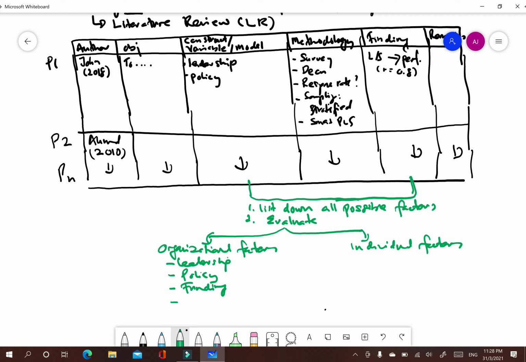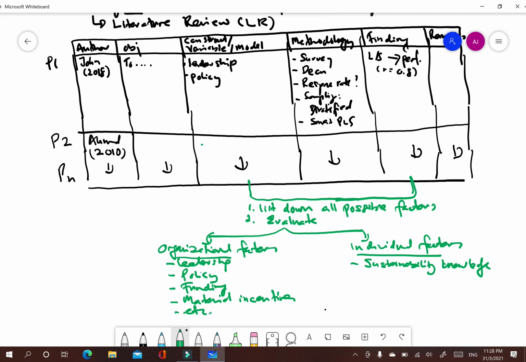Then maybe, I don't know, maybe material incentive, for example, etc. Okay, and under the individual factors, for example, from here maybe you can discover sustainability knowledge, for example.